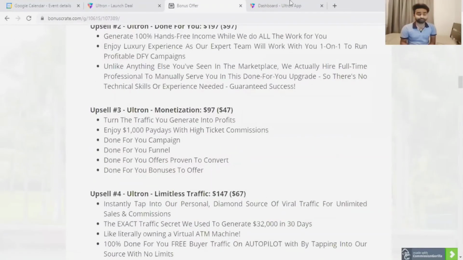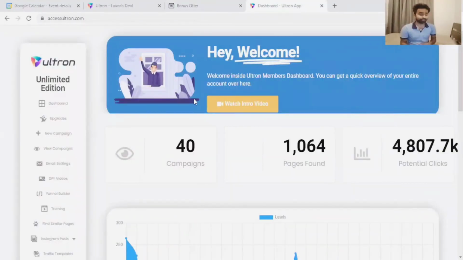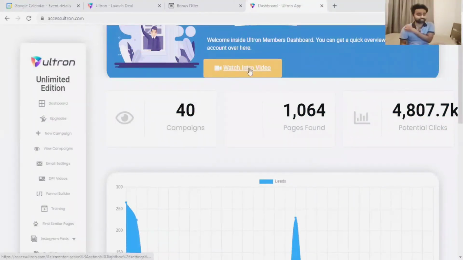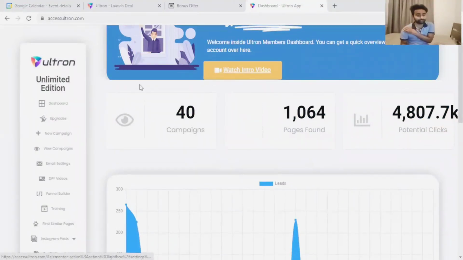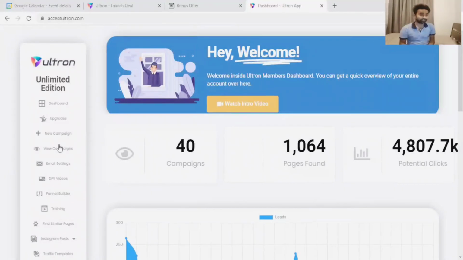Let's come into the member area. So the member area looks like this. You can watch this demo video here before starting, and there are the upgrades if you want to upgrade your purchase. And these are the new campaigns; you can make a new campaign from here as well. So let's see new campaign,